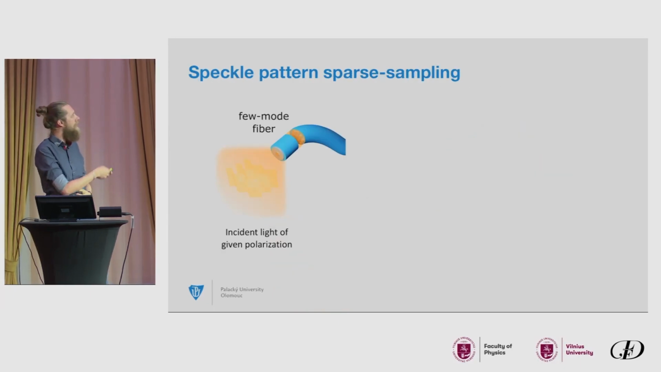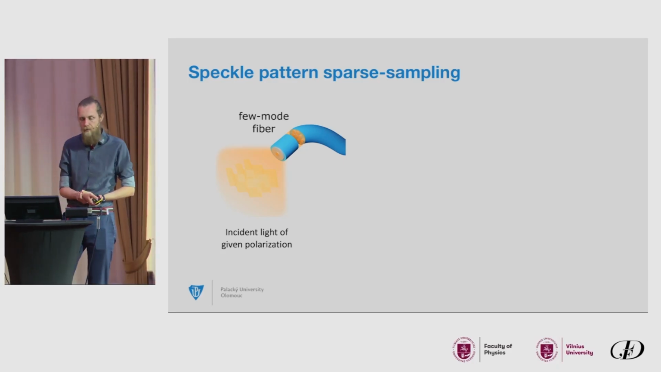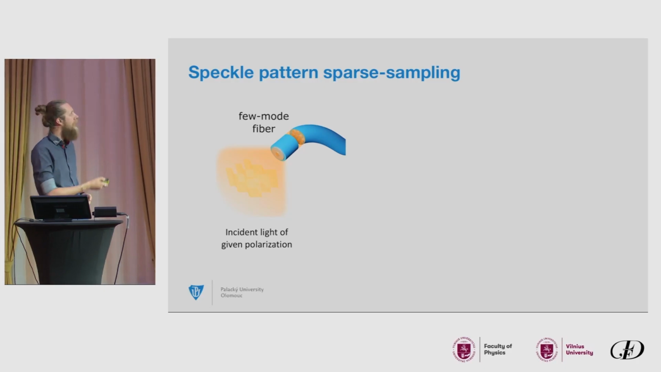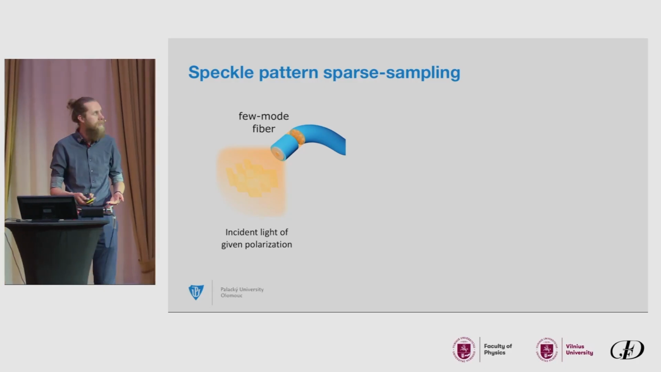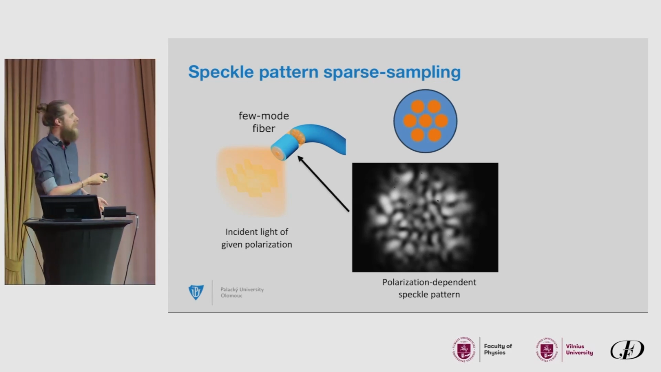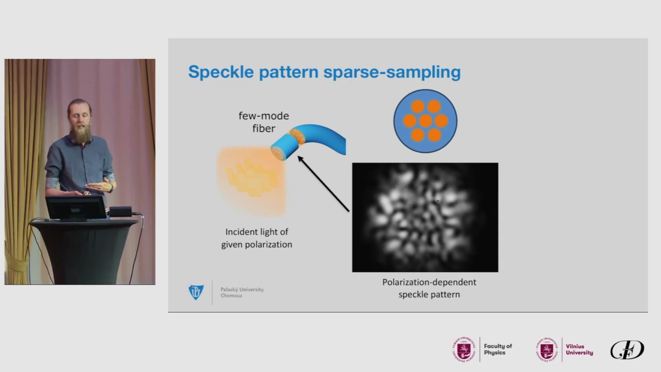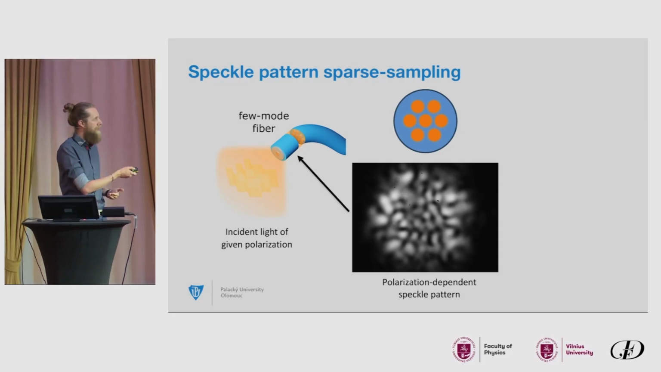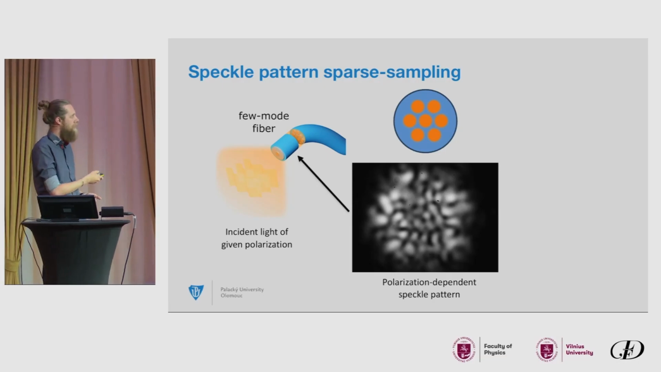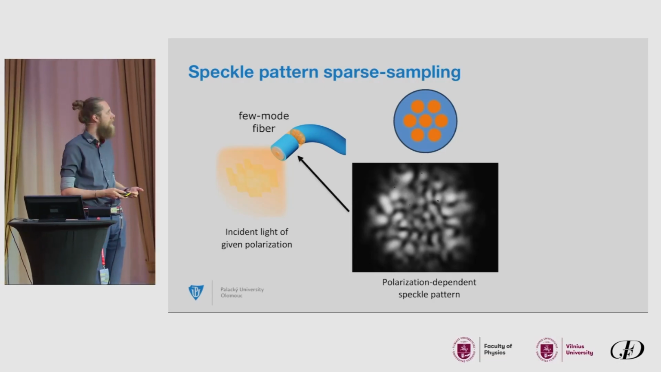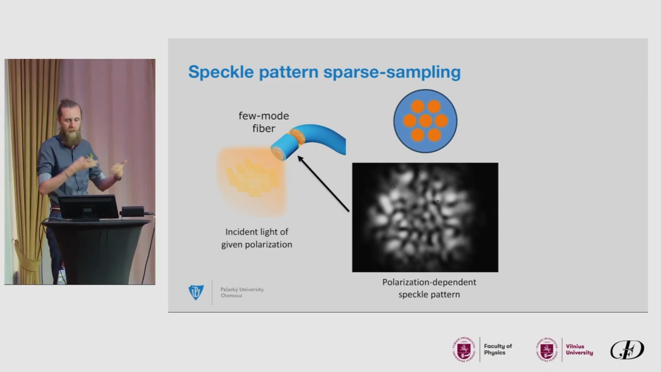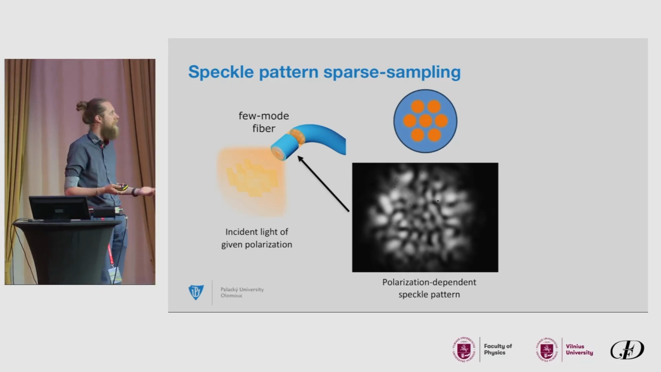When the light is coupled in the few mode fiber, these modes start to interfere with each other, and at the output of this few mode fiber, the speckle pattern is created. This speckle pattern is polarization dependent. It means that the specific shape of these light and dark points is connected with the specific input state to the few mode fiber. The problem is that we can capture it by a CCD camera or something like that,